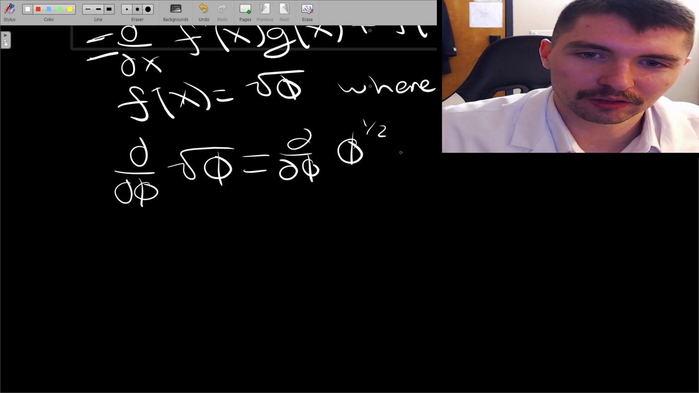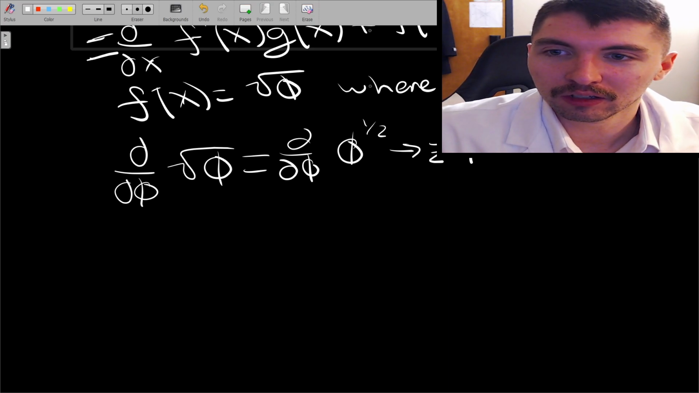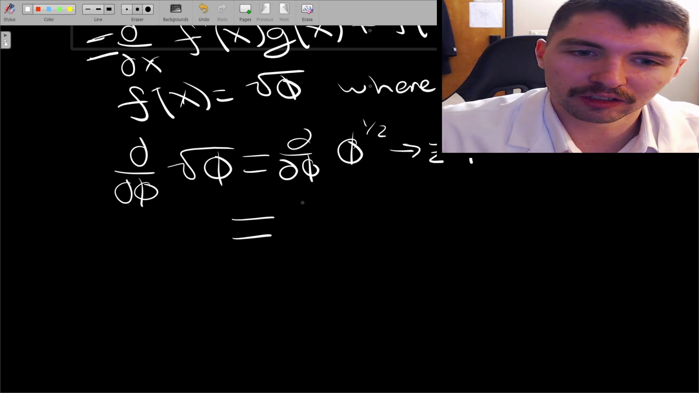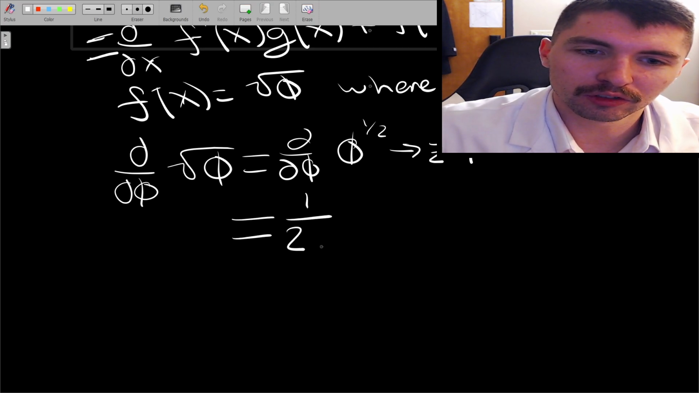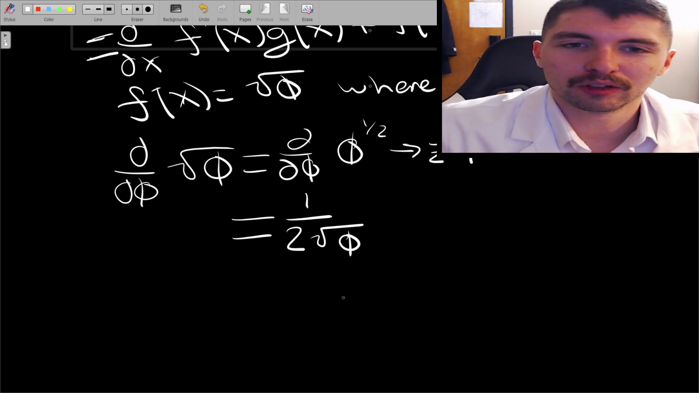1/2. So you're going to pull out the 1/2 in front, and then it's going to be psi to the 1/2 minus 2/2 equals -1/2. So the final answer is going to be 1/2 square root of that. Okay, so